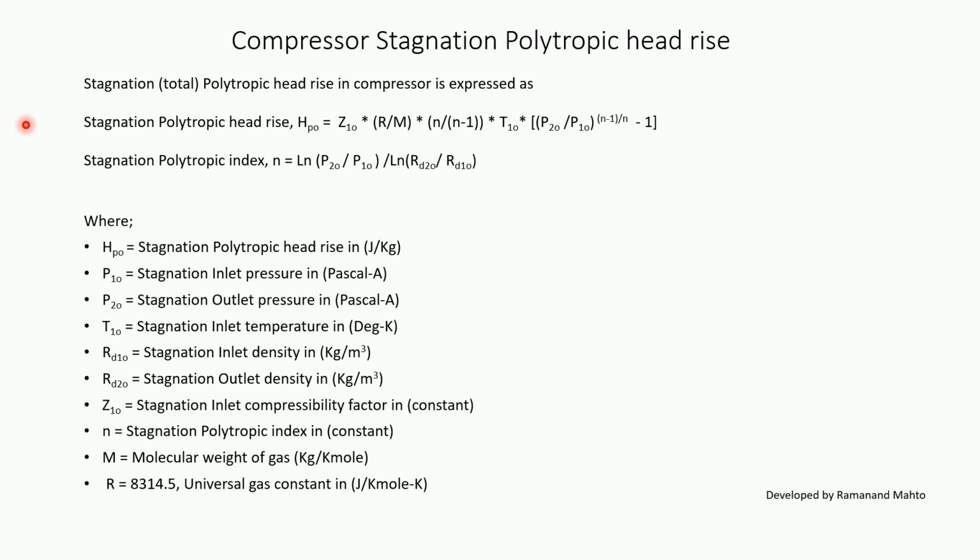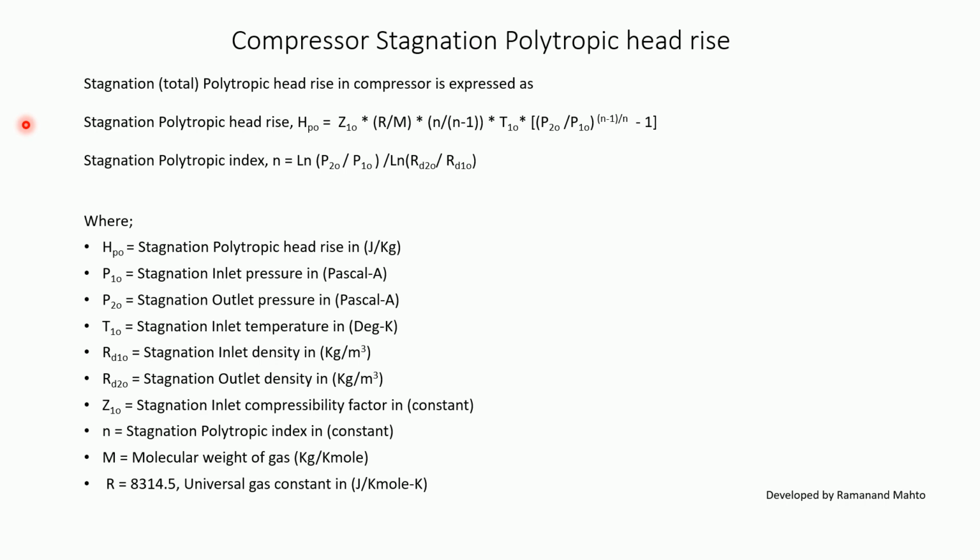Stagnation polytropic head is HPO is equal to Z1O into R upon M into N upon (N minus 1) into T1O into [(P2O upon P1O) to the power (N minus 1) upon N minus 1], and stagnation polytropic index N is equal to log P2O upon P1O upon log